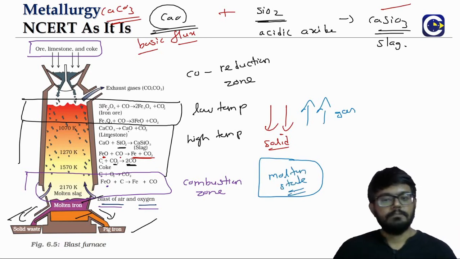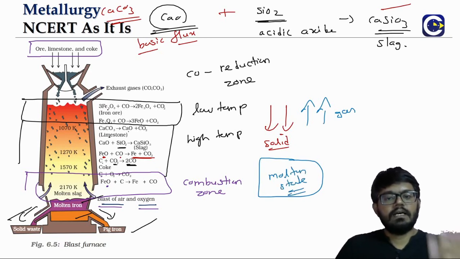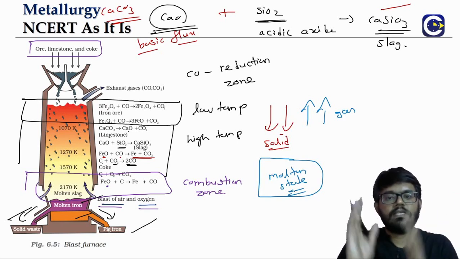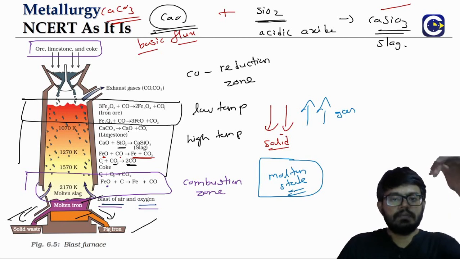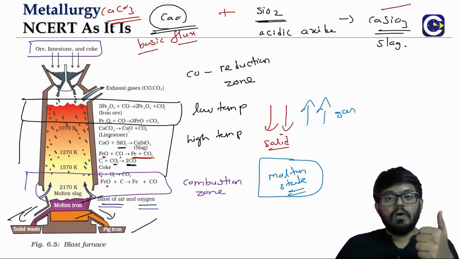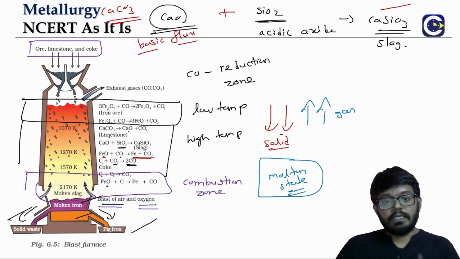The molten state, because as the temperature increases, the solids will be converting into what? Molten state. So we can see that this is a counter current mechanism. Solid is coming from the top, gases are rising up, and we will see the thing about a blast furnace is, in this blast furnace, the ore particles